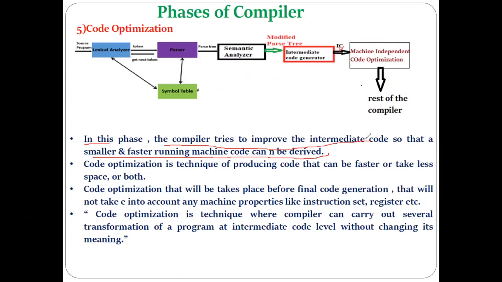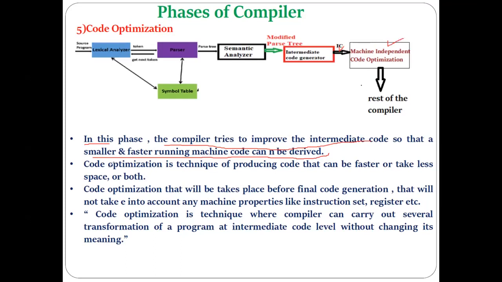So that your code can execute faster, and those changes can be done without affecting the final result of your program. If you have written a program to find even and odd numbers, even after code optimization, that program should still be able to find the even and odd numbers. Only changes that improve the speed of the program and reduce the space required for the program will be made. Only for that purpose, code optimization is done.